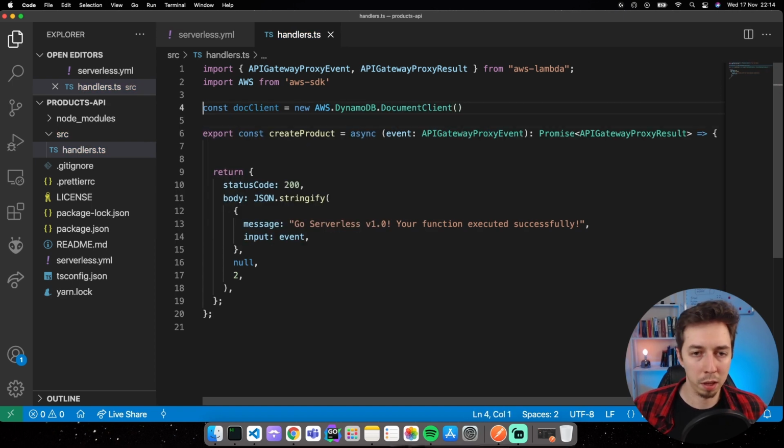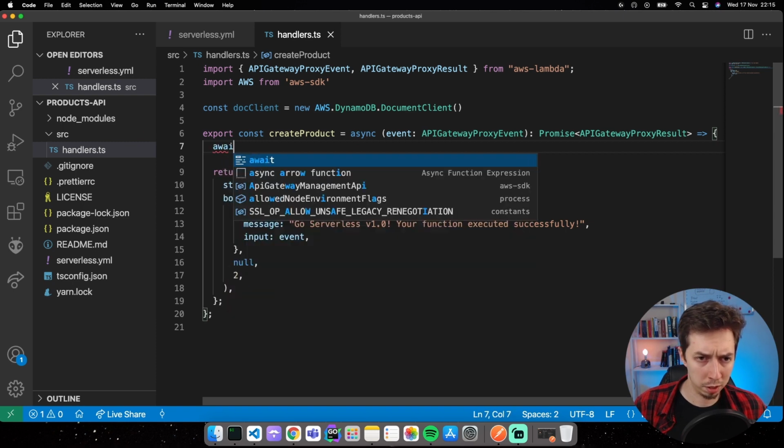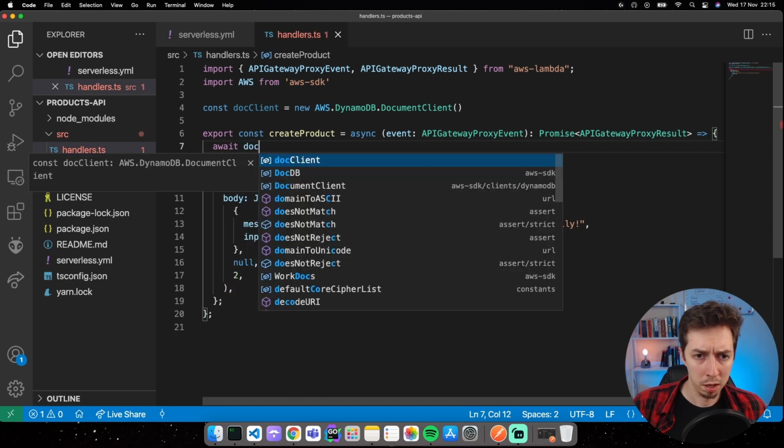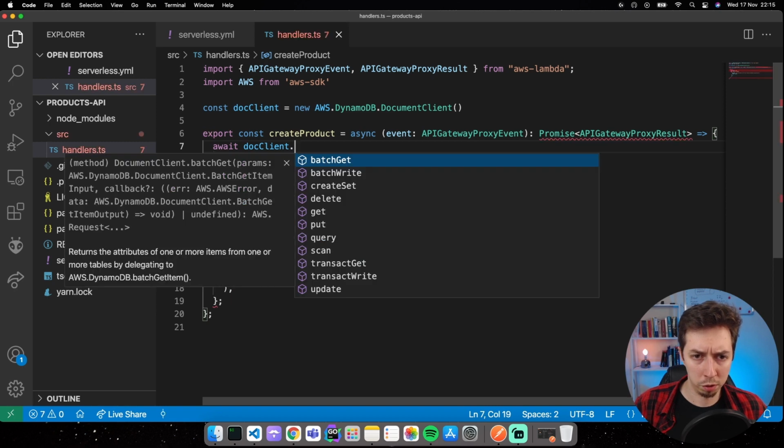That's the only thing you need to do. You don't need to specify any connection string. Everything is going to happen automatically. So doc client is basically our DynamoDB client. That's going to be the instance I'm going to use. And now let's create something with it. Let me show you how to create something with it. So I'm going to use async await syntax. So let's just do doc client dot put